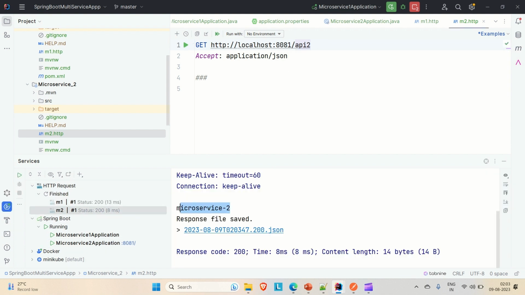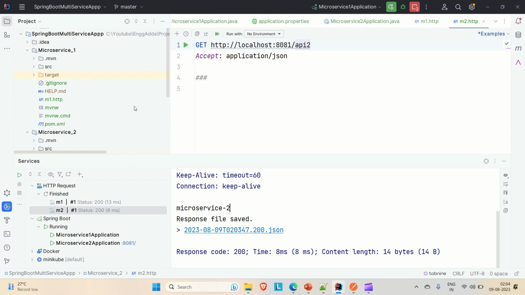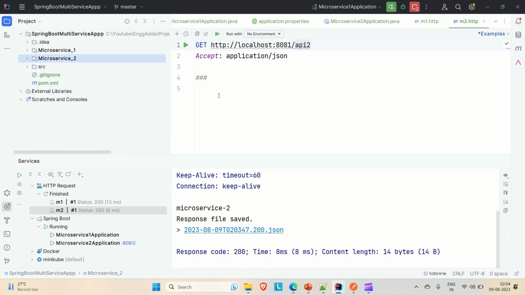You can see in the response the API microservice 2 is coming up. So you can see this HTTP request is coming here, and you have the services also listed here, and if you have Docker or Minikube, everything is listed here. So management of these microservices becomes very easy when you create the microservices inside a parent project, as a multi-module or multi-service structure. So this is about the video, guys,